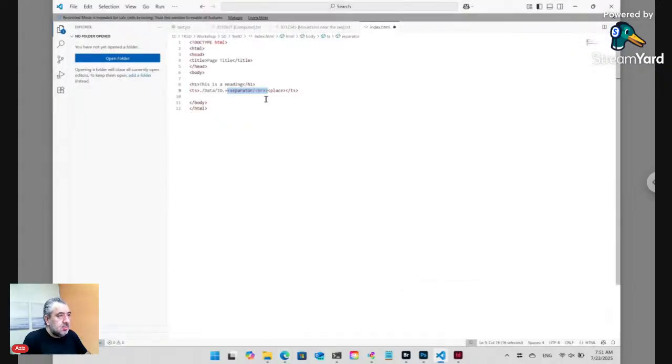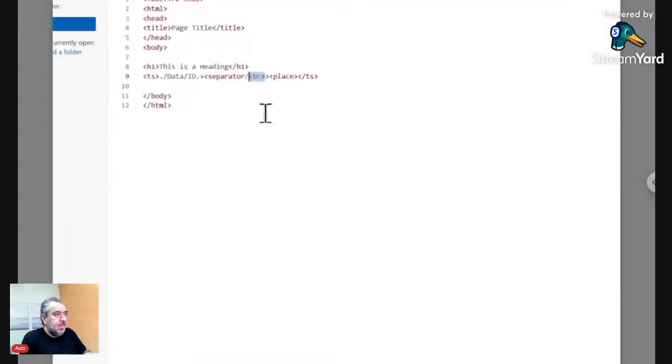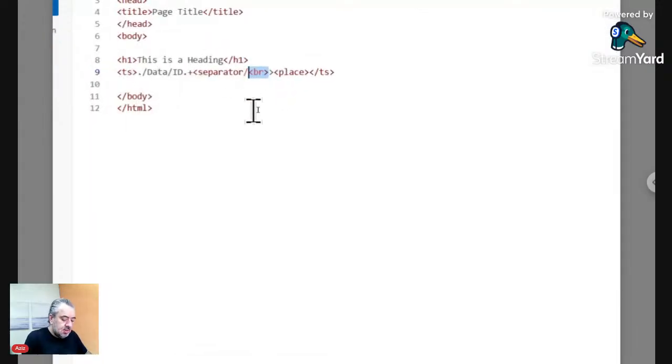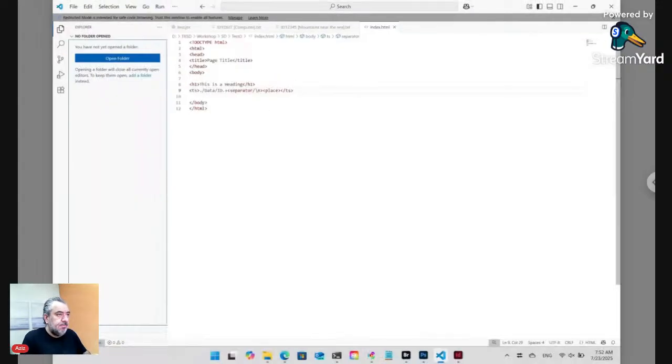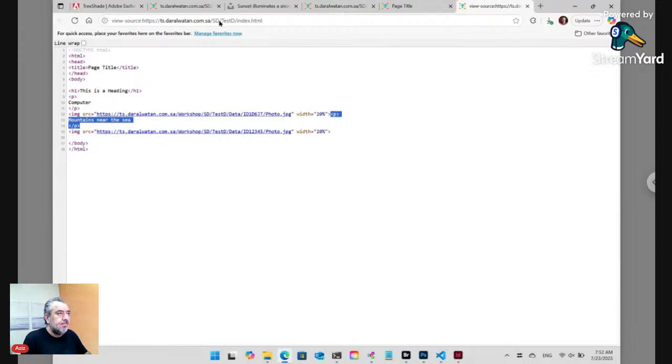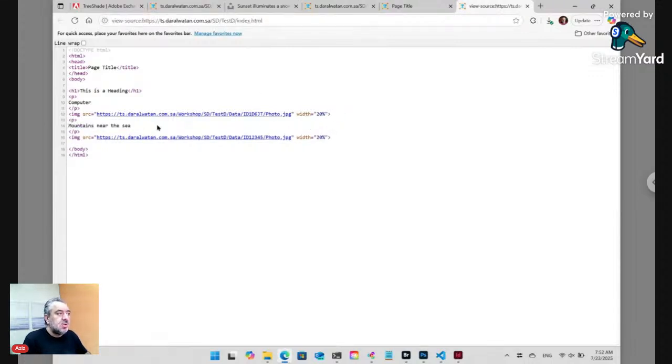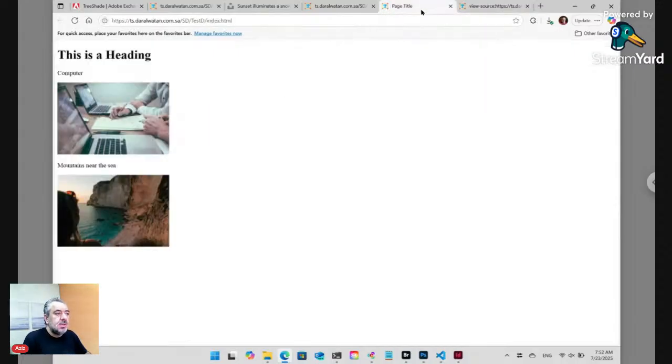So I can add a separator instead of here. I can add a new line break. This is trivial, it's not important because we are talking here about the source page. Anyway,